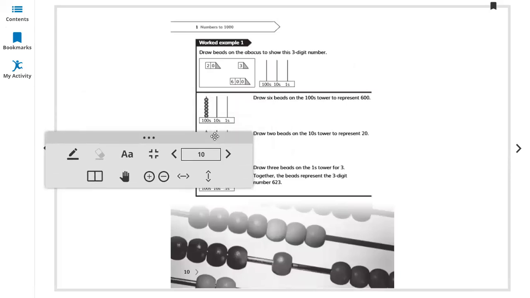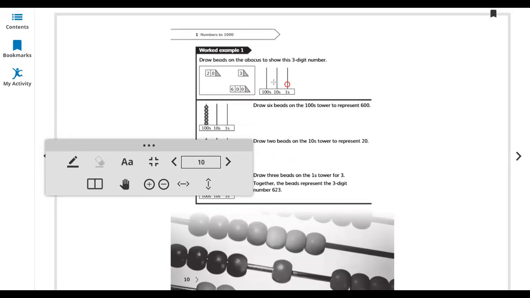Draw beads on the abacus to show the 3-digit number. Very easy. We just make circles as the number given here, at ones place value, tens place value, and hundreds place value. So let us do it. We need to draw a circle. At ones place value we have 3. At tens place value we have 20. And hundreds place value we have